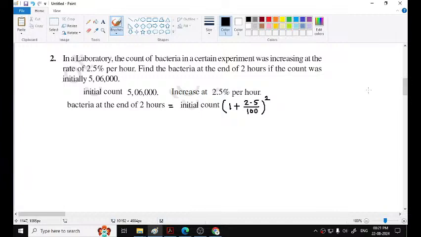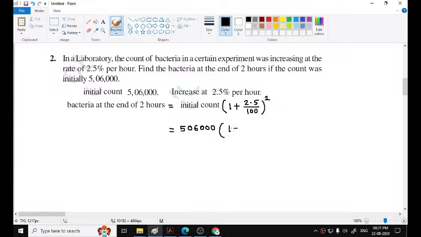In a laboratory, the count of bacteria in a certain experiment was increasing at the rate of 2.5 per hour. Find the bacteria at the end of 2 hours if count was initially 5 lakh and 6,000. So here we write first count or initial count, and this is the rate of increase per hour. This is increase, so here we are going to add this R upon 100. So number of bacteria at the end of 2 hours is, initial count is 5 lakh